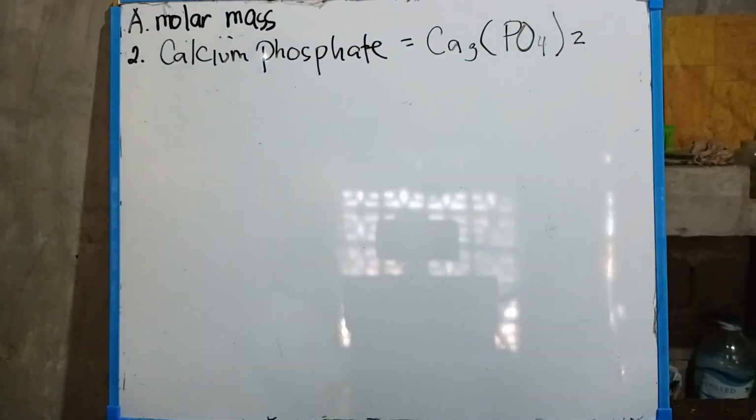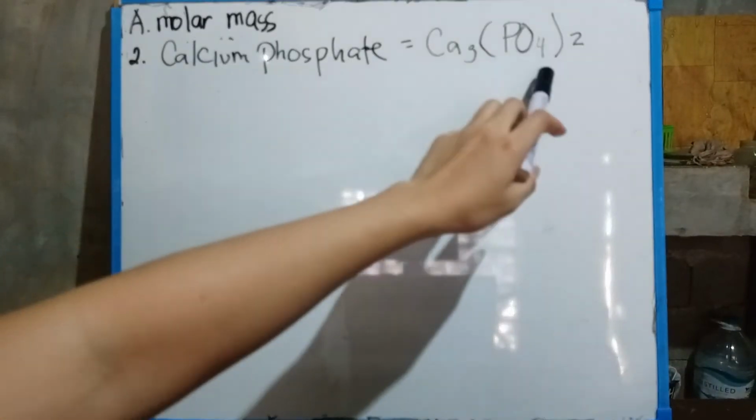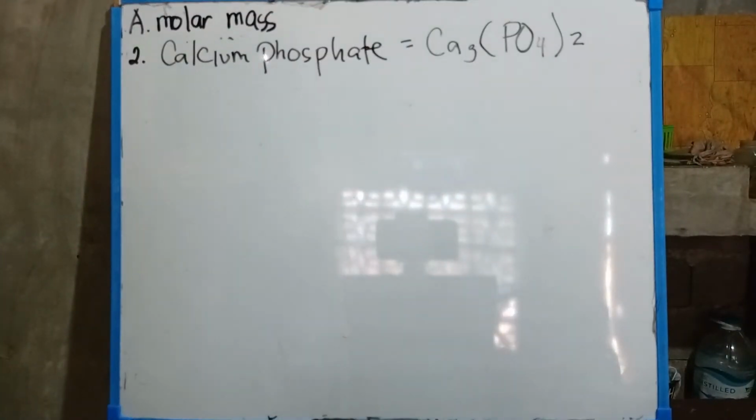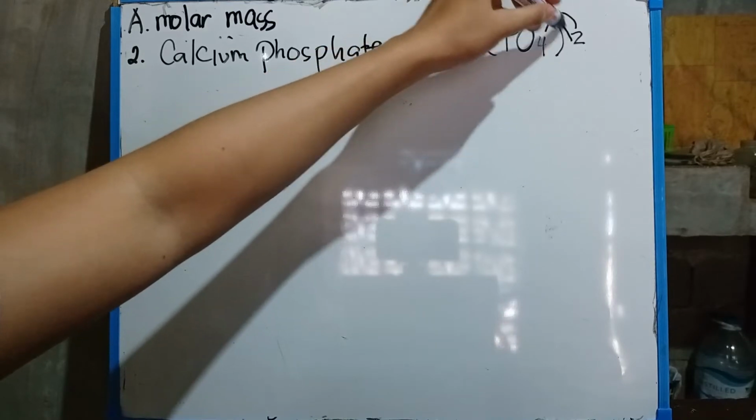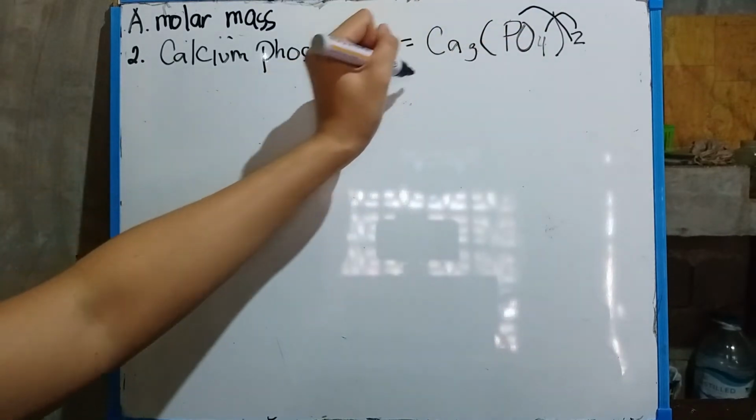So, that is where we get the molar mass, the calcium phosphate. Just like what we've done in example number 1, that is also what we will do for our number 2. But first, we cannot proceed to our molar mass without first determining the coefficient of each element. So, this is 2 times 4 and 2 times 1. So, it becomes